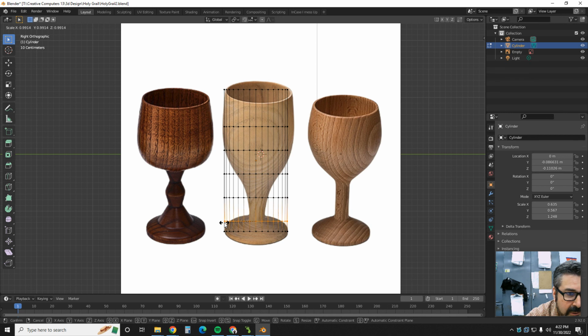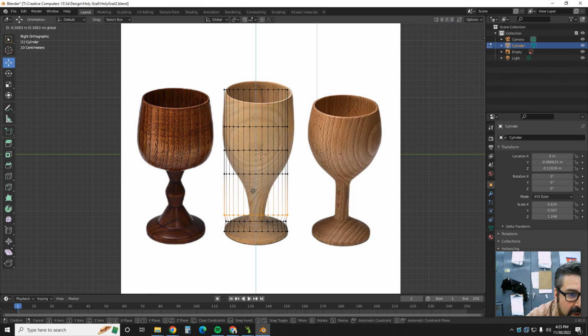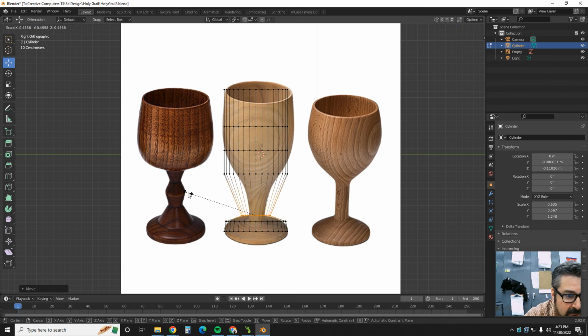Actually, I don't want to do that one. I want that one to stay as is. I want that one to be like this. Okay, on this one, I'm going to select this. I'm going to go to the move. I'm going to move it down to like right there. Okay, I'm going to hit S on the keyboard, and I'm going to shrink this one down to be the small size,